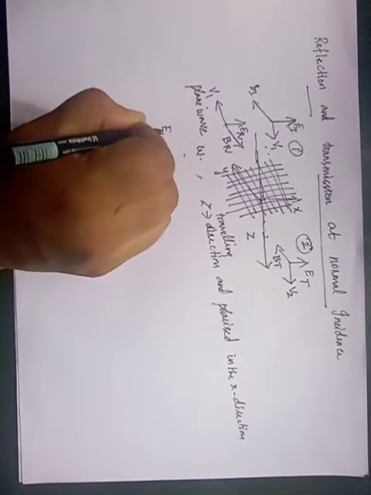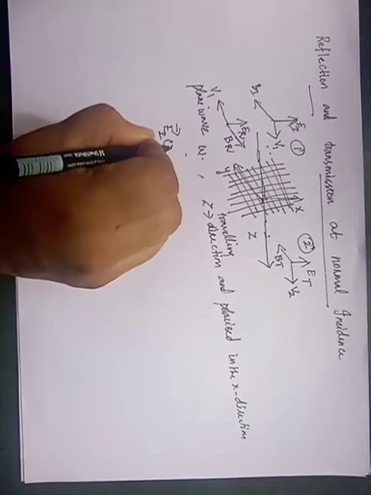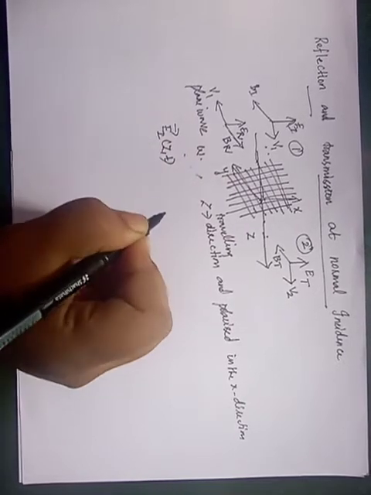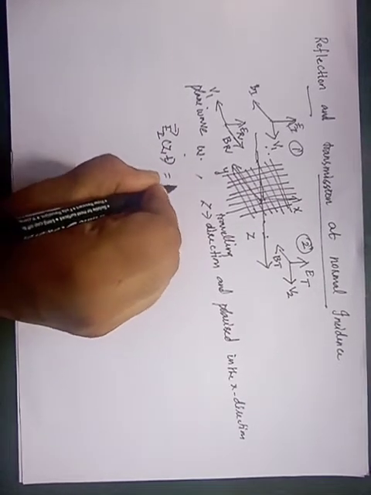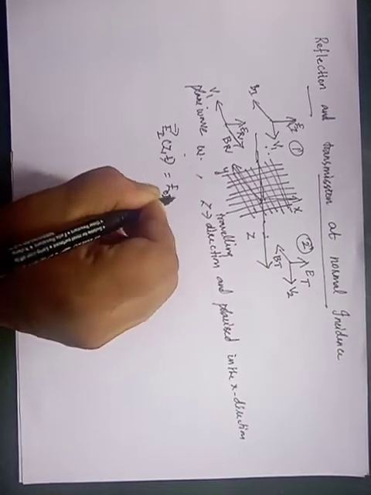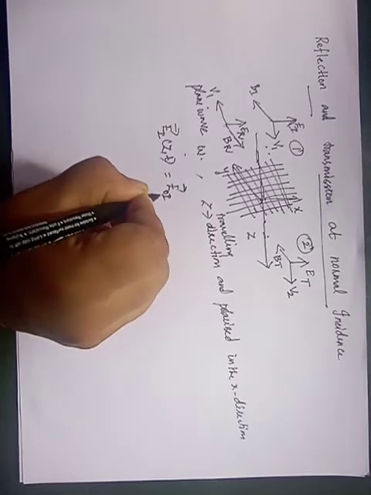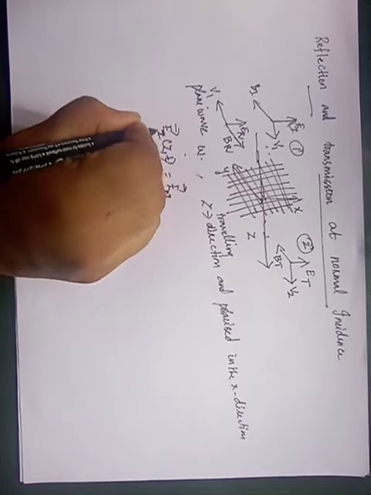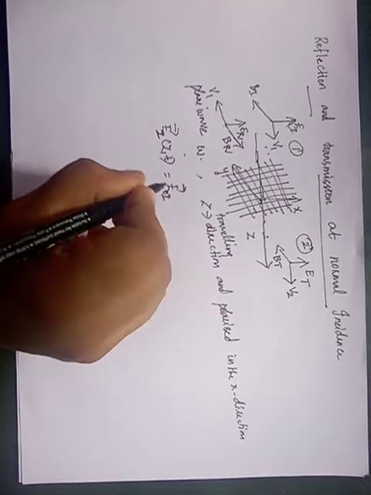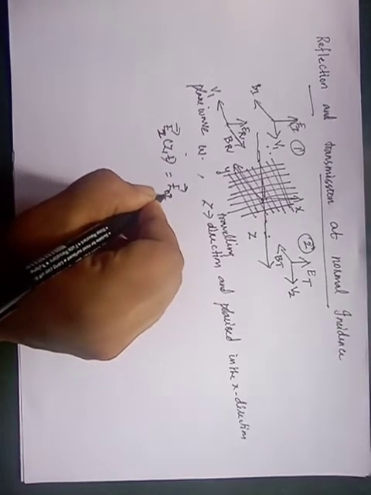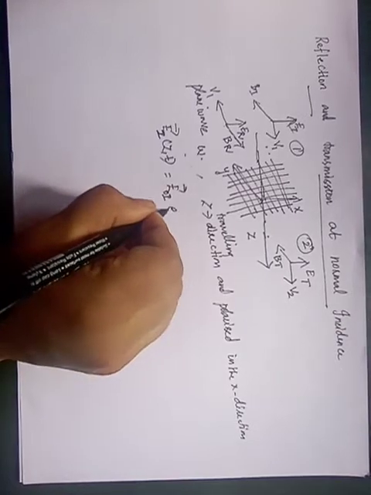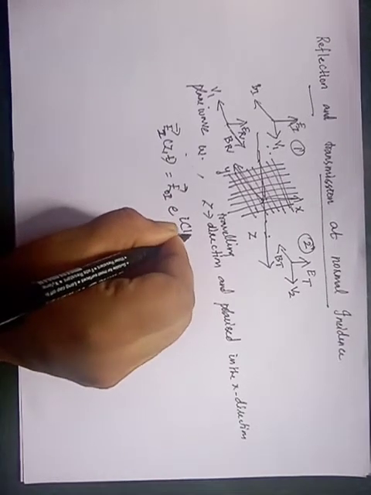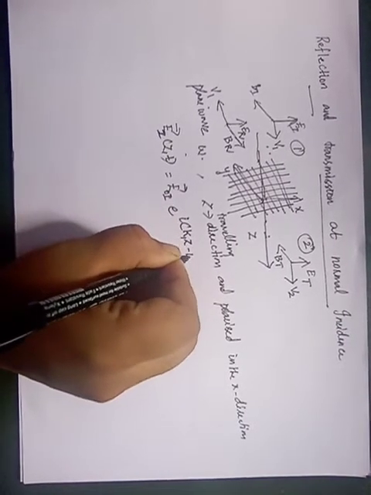Now we are going to write the equation for the incident electric field and incident magnetic field. EI is the incident electric field. EI of z comma t is equal to, we have already seen this equation, E naught I, where I denotes the incident field. E naught I is the incident electric field amplitude. Then the same thing, e power i k1 z minus omega t.